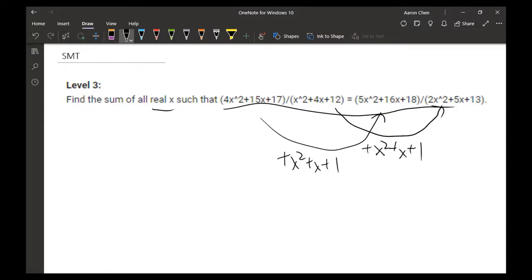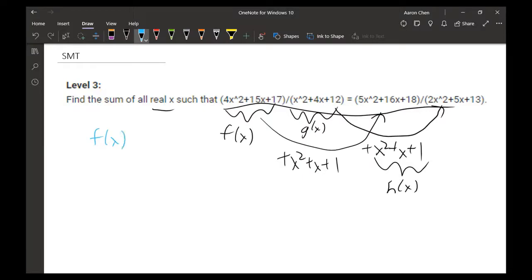That means if we let this be f of x, this be g of x, and x squared plus x plus 1 be h of x, then this simplifies to f of x divided by g of x is equal to